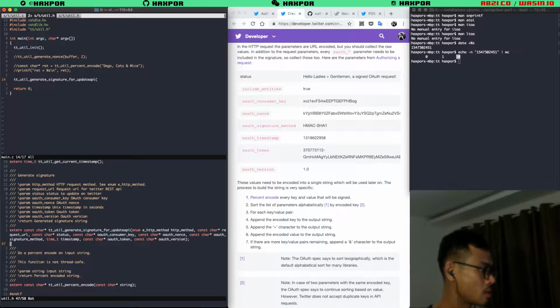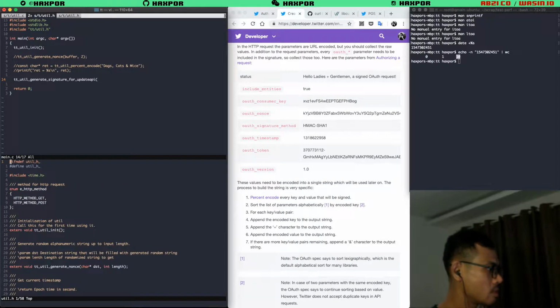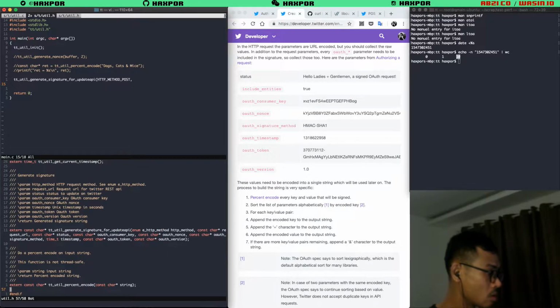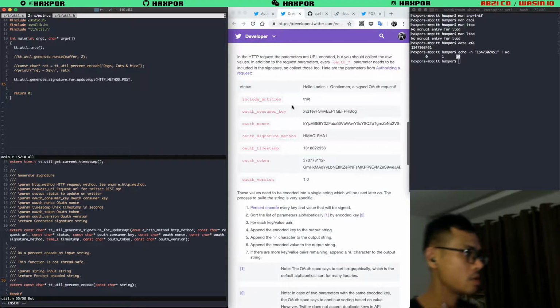Okay. The first one is going to be HTTP method. Right. We already have an enum here. HTTP method is going to be post. Right. The next one is going to be request URL. Request URL here.